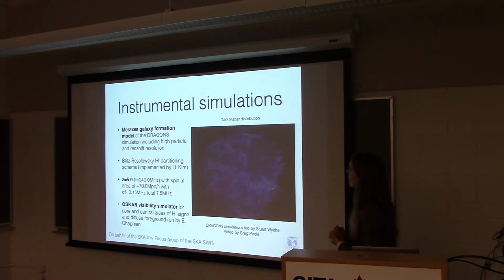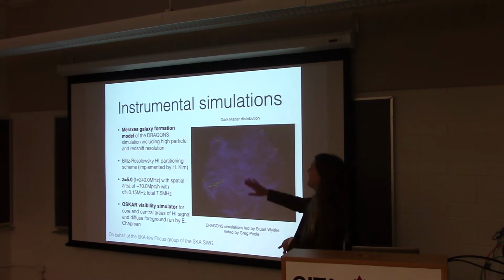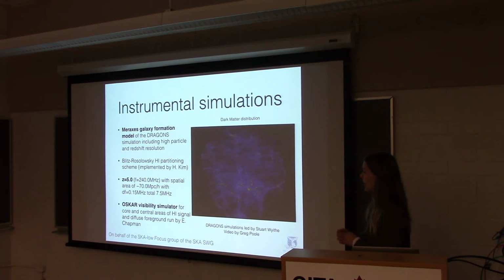So we use different suites of simulations. This is an example where we use the Meraxes galaxy formation model, a nice simulation of the underlying N-body simulation of this semi-analytic model led by the DRAGONS team at the University of Melbourne. We have different schemes, so we can also partition the gas into H1 intensity maps, which is maybe not too exciting for you guys. And then we use a cube at redshift 5, just to start with for now, to set up a pipeline, and we use the OSKAR visibility simulator